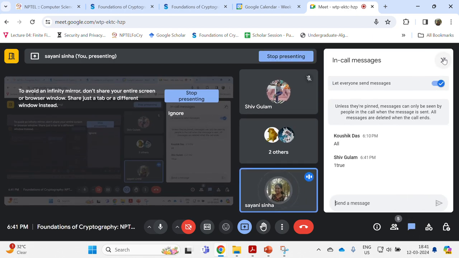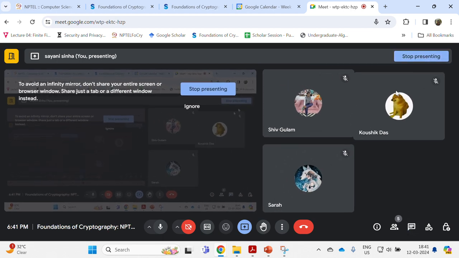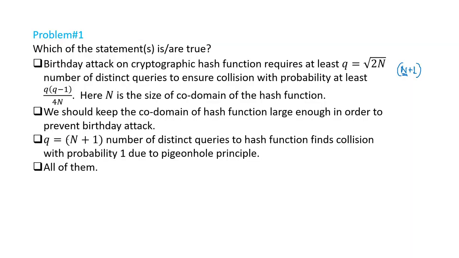Statement 1 is true, Shiv Gulam is saying yes, 1 is true. This is exactly the statement of the birthday attack condition, that whenever we query with at least root n distinct queries, then the collision occurs with probability at least q times (q minus 1) by 4n, and the proof is discussed in the lecture actually.